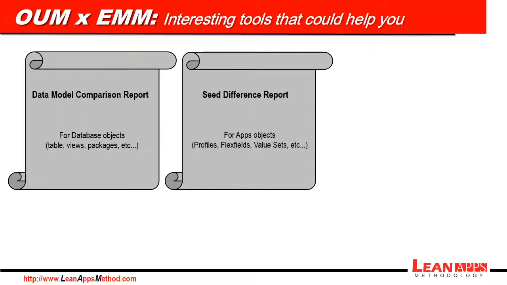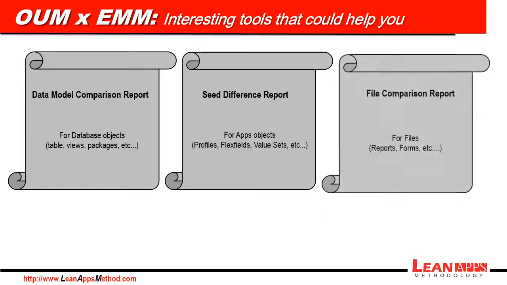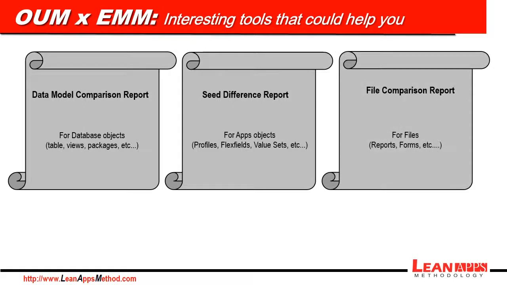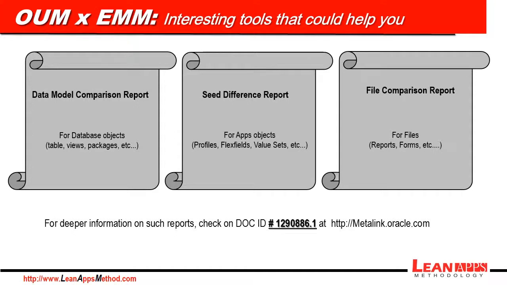And the third utility is called File Comparison Report, used to evaluate change of files between 2 versions, such as Java classes, forms, and reports. If you need further information about those tools, just check doc ID 1290886.1 at the MetaLink website. As you can see, OUM is not only meant for upgrade projects,